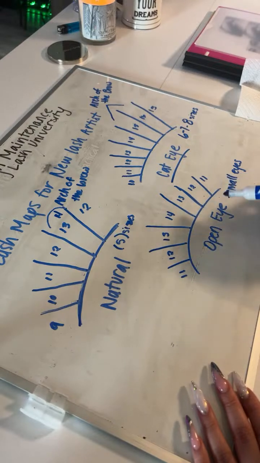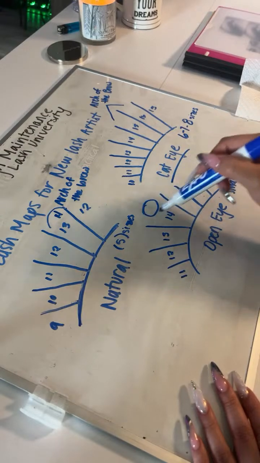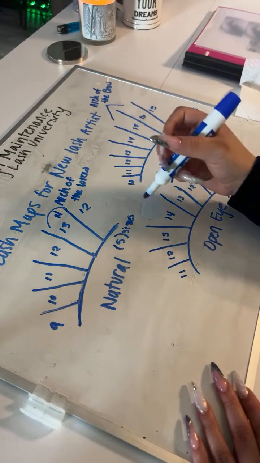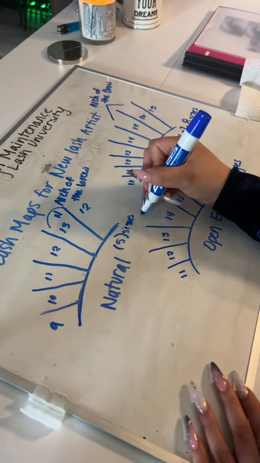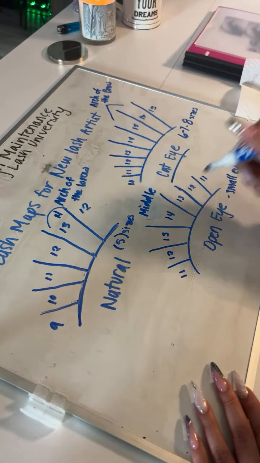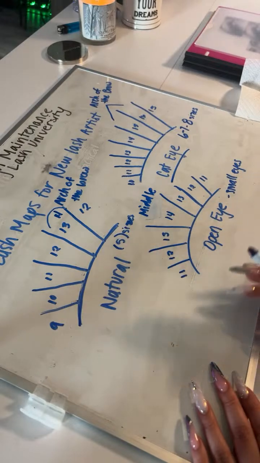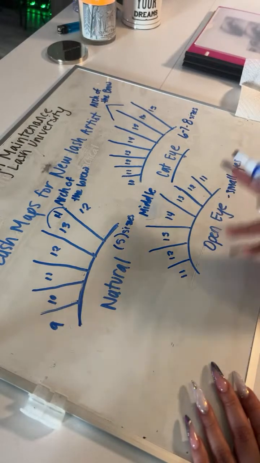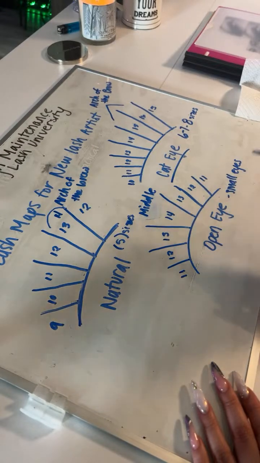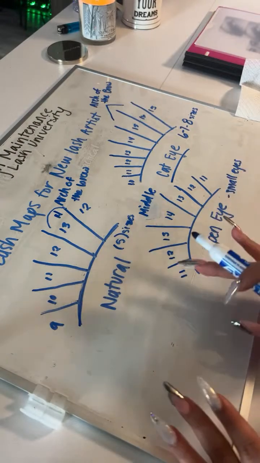And this is what gives us the illusion of an open eye, because this is our open spot. So this is where the longest lengths are. So instead of the arch of the brow, the longest lengths are in the middle of your lash mapping, okay? So like I said, you can play around with the different lengths that you put in each of these maps. These sizes that you see me putting do not have to be the same sizes that you go and do,